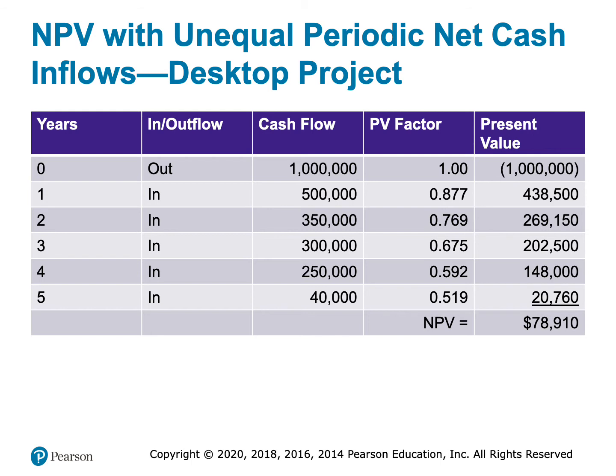So we're going to start with our initial investment of $1 million. Since that is an outflow, I'm going to treat it as a negative. And then I'm going to go to year 1. I'm going to look up 1 year, 14%, in the present value of $1 table, and I get a factor of 0.877, and I multiply that out. Then I'm going to go to year 2 and look up 2 years, 14%, and I get 0.769. And then year 3 and year 4 and year 5. When I multiply all of that out, add up all the numbers and subtract the million, I get NPV of